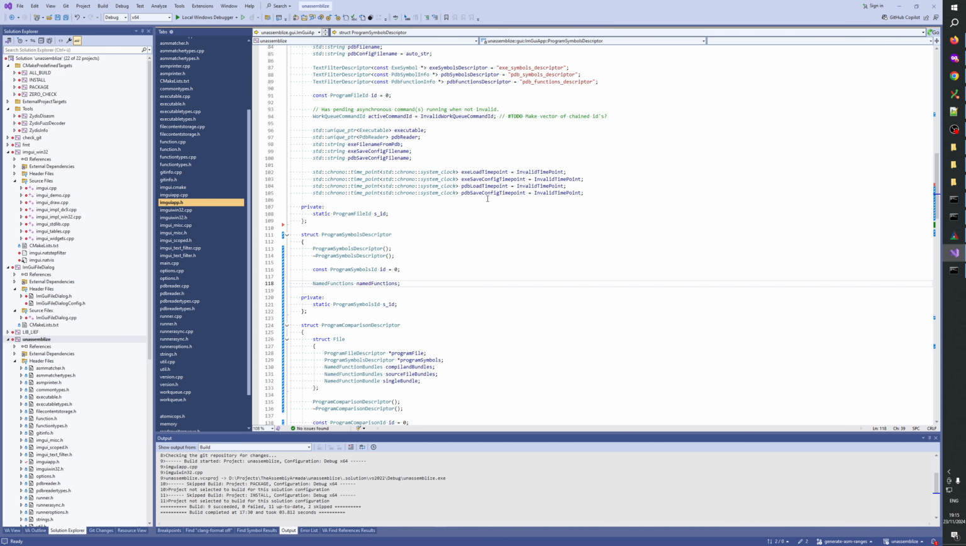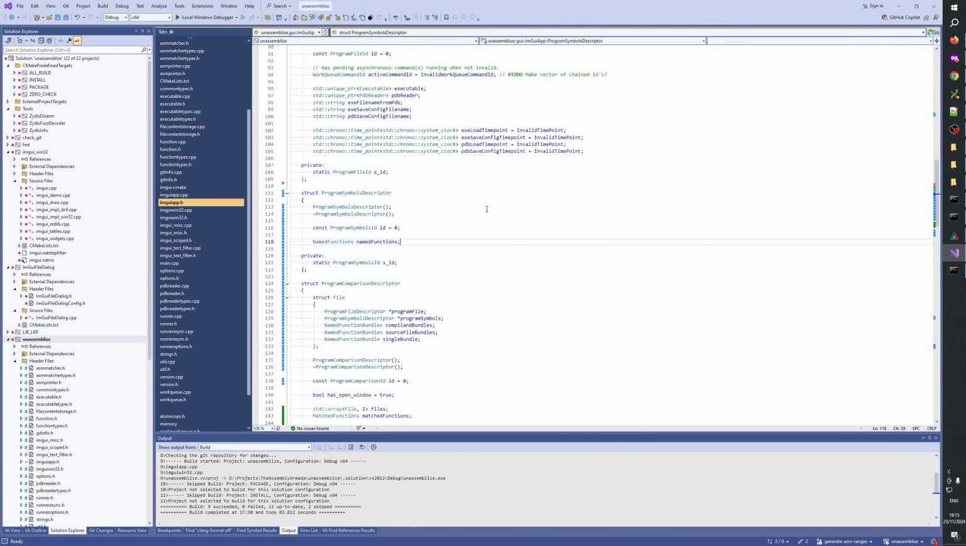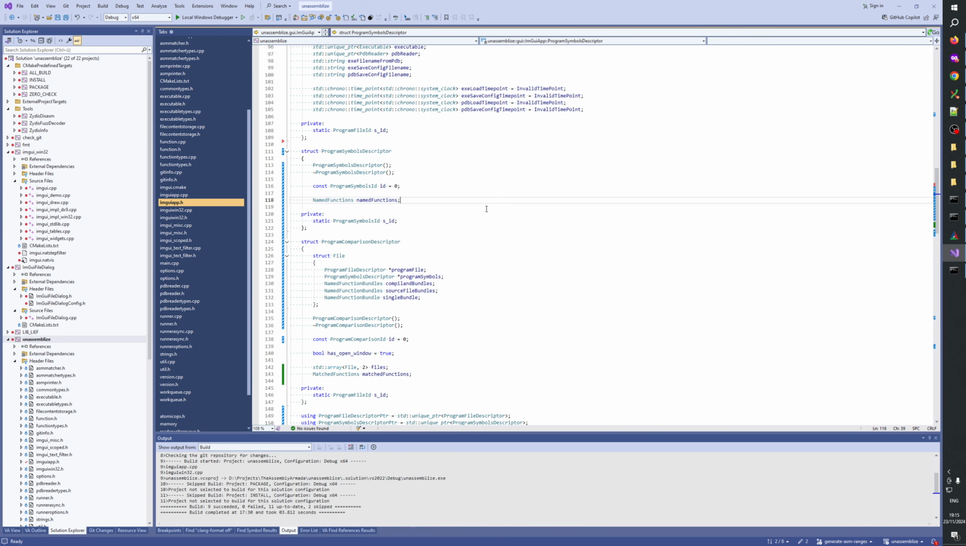Okay, so last video we were trying to get Clang tidy to work, we couldn't do it. So let's move on. Okay, so we'll have a program comparison descriptor, and we want the symbols descriptor to be referenced. Okay, so I think